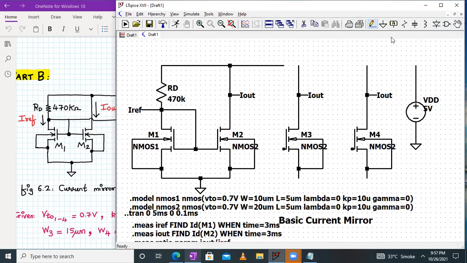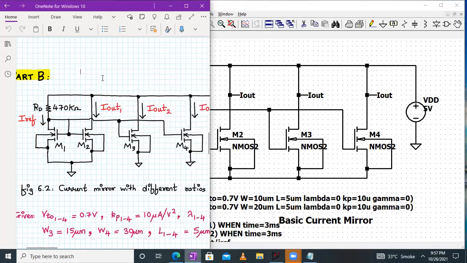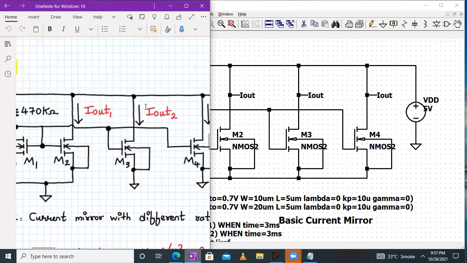Okay, and then we have to do the connection. Only this much is required, right? And then we have to connect the ground together. So all the grounds are together, and the base terminals have to be tied together. So base terminal, the gate terminal. So the gate terminal, I am tying it from here. Yeah. So the circuit connections are done. It is as per given in this diagram. Fine. You can check it out.